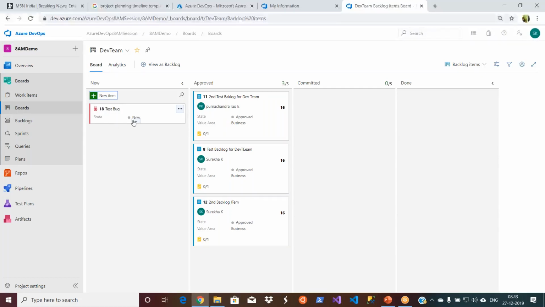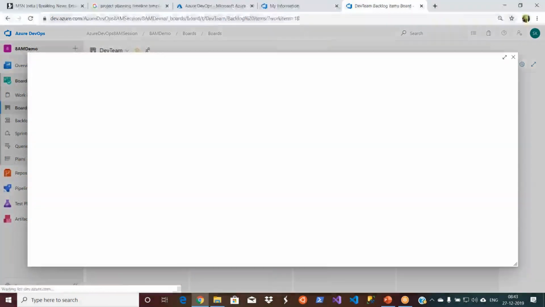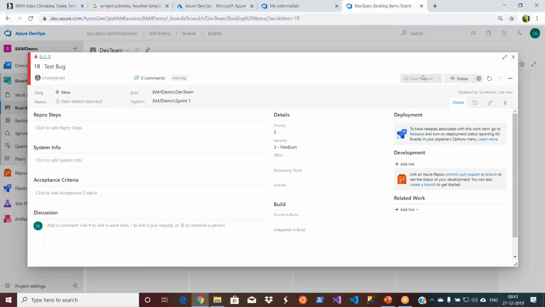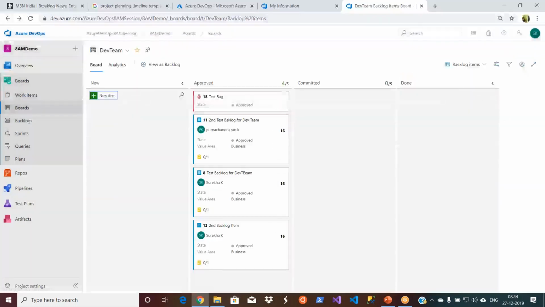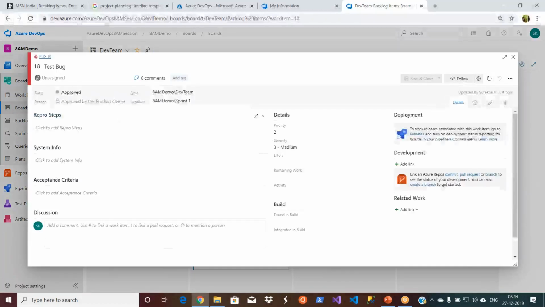You just open the bug. Now it is showing up. You just say you can close it, or done it. I haven't made any comments. You just say close. It's not approved. It is done or closed. That should be closed, right? I have a closed ticket. Now you can close this, like somebody worked and closed it, right? Done or close. Right now we have only removed actually. We don't have it. Okay.